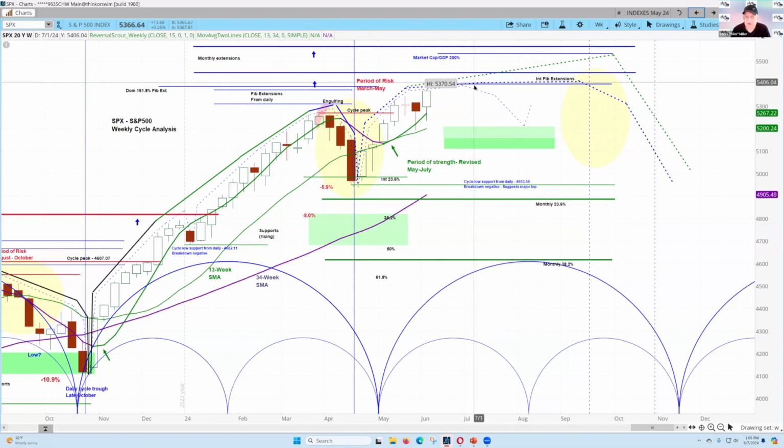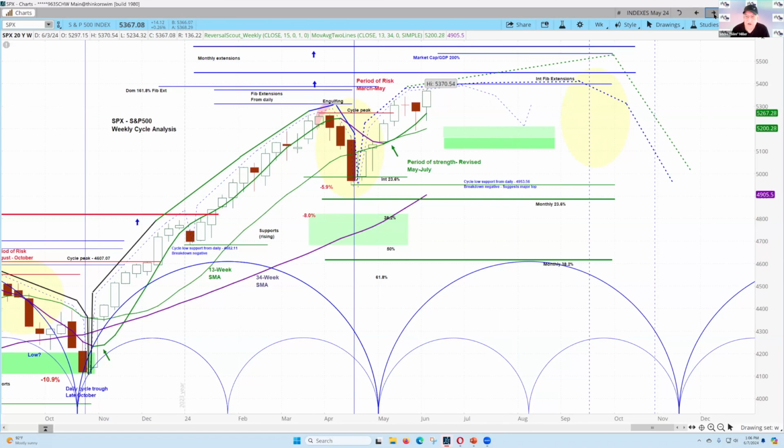Right now, we're going to maintain our upside projections that we see in here, which, you know, this is 5,400, this is 5,450, and somewhere up here into the mid 55s are all possibilities, unless we see the beginning of breakdowns. Now, I only see that now in the Russell so far, and that's the first warning to me.